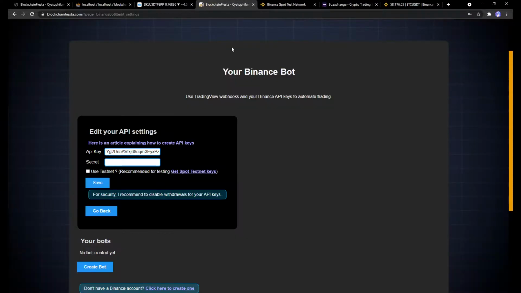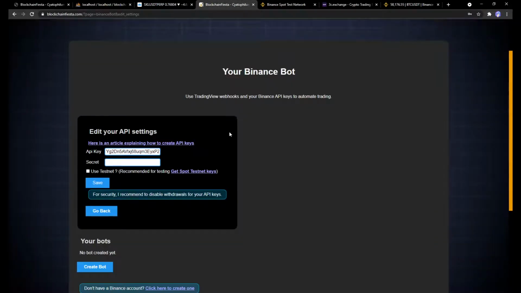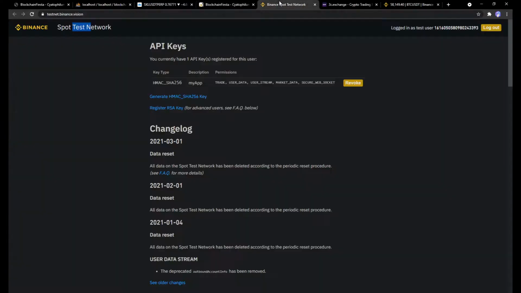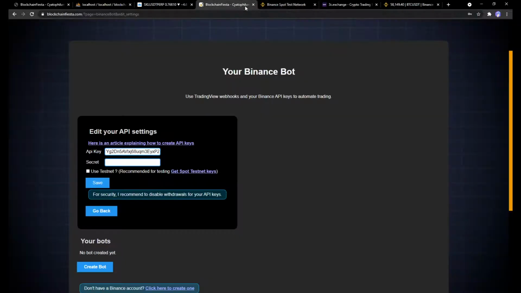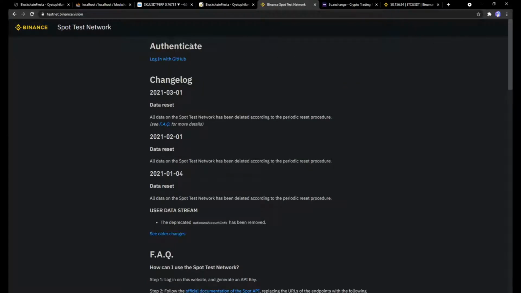So you click here, you arrive on the spot test network. For now it's just a spot trading bot, okay? I may add margin and futures trading if I can. I will see that later. I just wanted to create a simple bot. On the spot test network, you want to log in using GitHub.